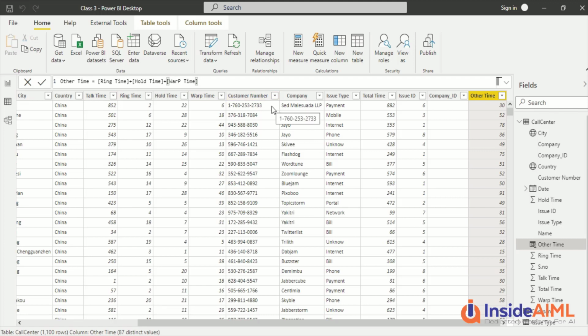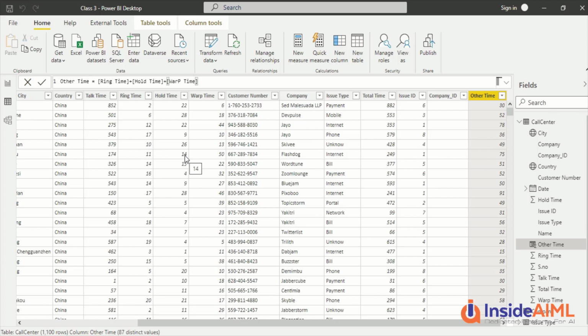But that's not the average I want. What I want actually is first talk time should sum up, and it should divide with the summed up total time. The sum of A divided by sum of B, that's what I want, and that can only happen in a measure. So whenever we want to divide, our first preference is measure. Now when we want to multiply, we can do it both in column as well as measure, but column is my preference because it's going to do it at line level.